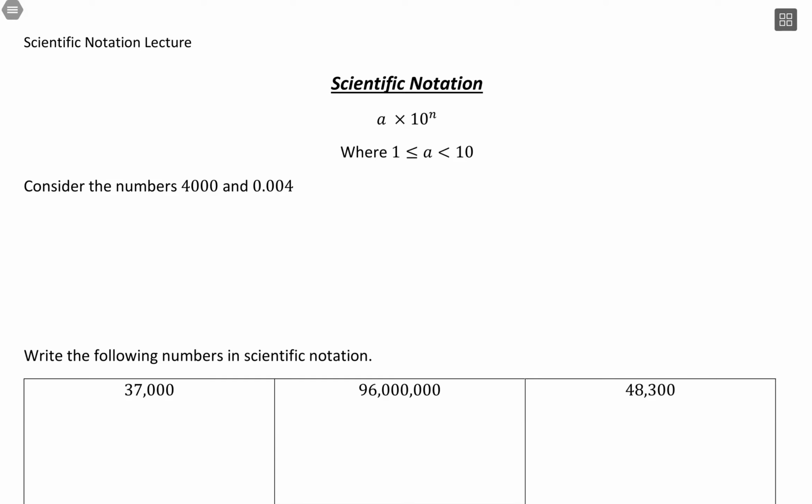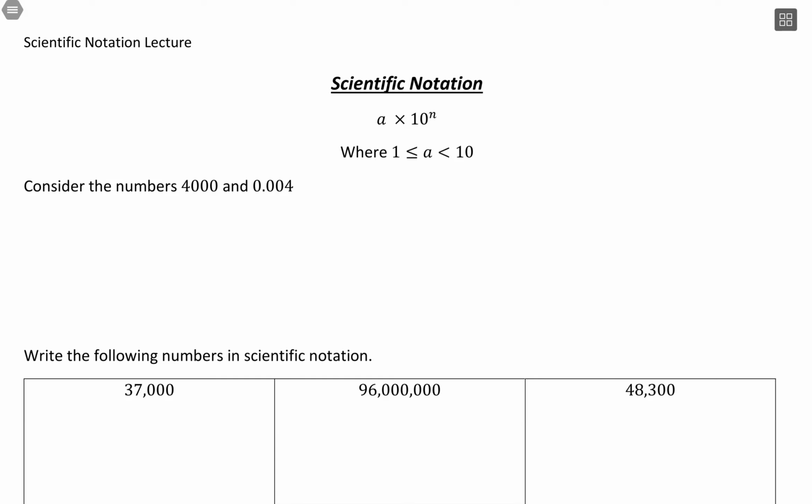So now with scientific notation, what we're going to do is work together with a numerical value along with a power of 10 like we discussed in that last video. So with the power of 10, we're going to evaluate how we're moving a decimal around. Now this value A has to be between 1 and 10. Now it can equal 1, that's perfectly fine, but it needs to be less than 10, meaning we can go